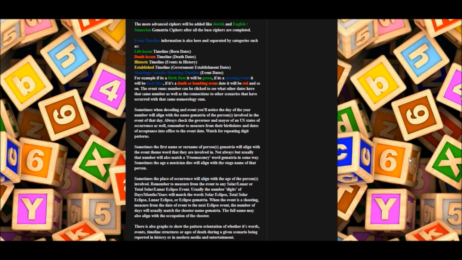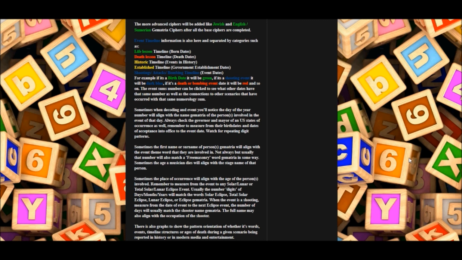Sometimes the age a musician dies will align with the stage name of that person. Sometimes the place of occurrence will align with the age of the persons involved. Remember to measure from the event to any solar, lunar, or total solar lunar eclipse event.